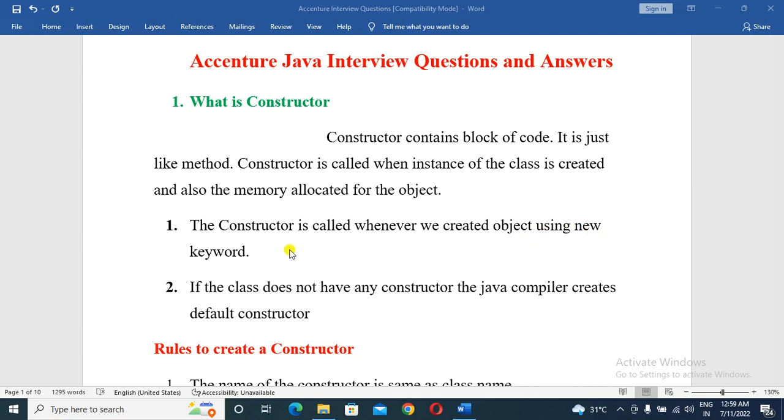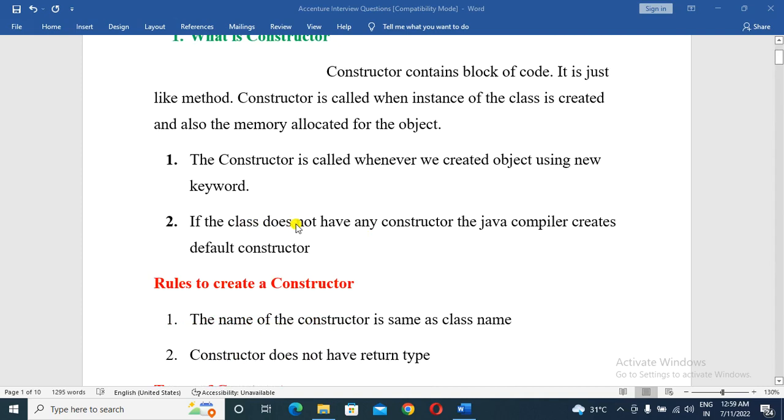If the class does not have any constructor, the Java compiler creates a default constructor. Sometimes we do not create a constructor, and at that time the Java compiler creates a default constructor.